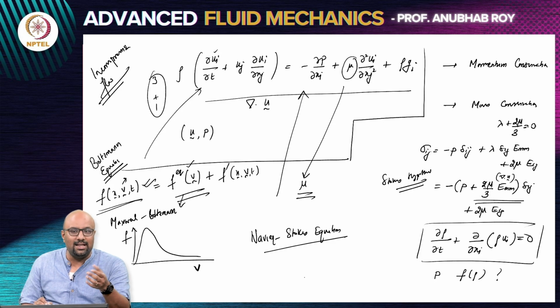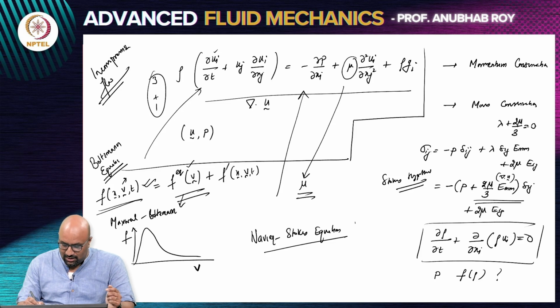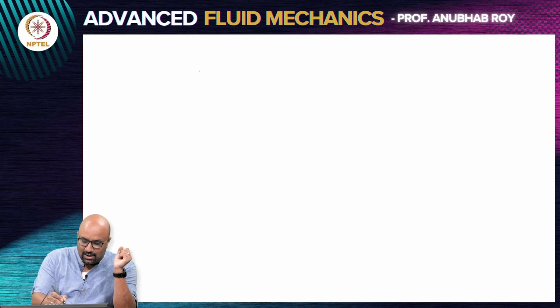You need to basically then go back to the molecular picture and then do some kind of stitching. Far away from the shock, I am reasonably good in staying with the Navier-Stokes description, but very close to it, I need to probably go back to the more fundamental molecular picture. So, this kind of tells us now that you can write this in the vectorial form or the tensorial form